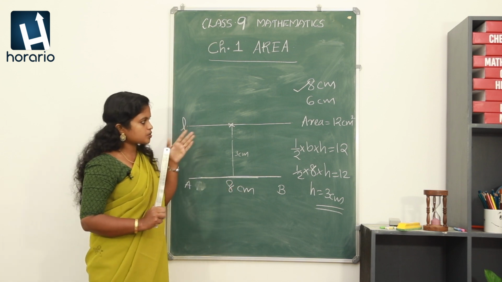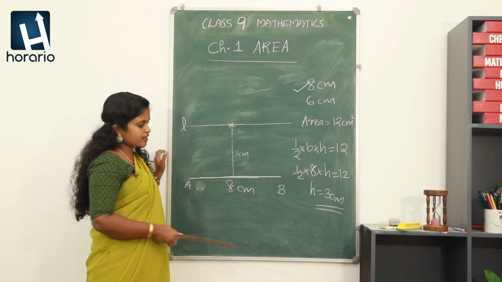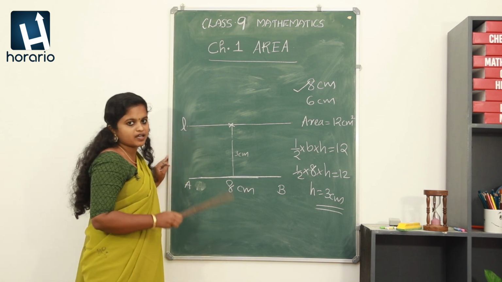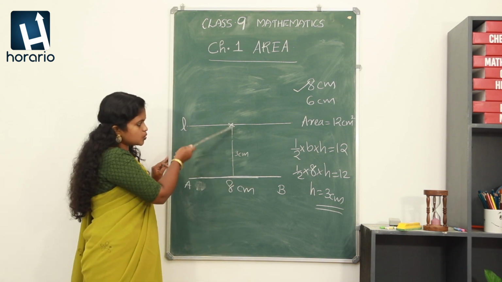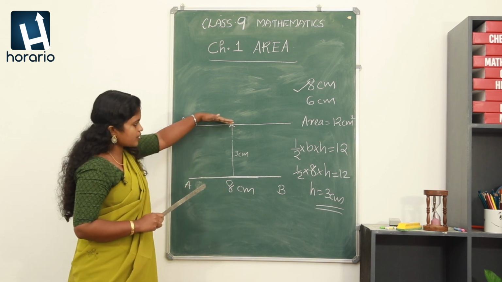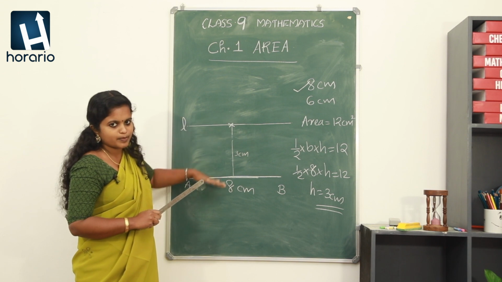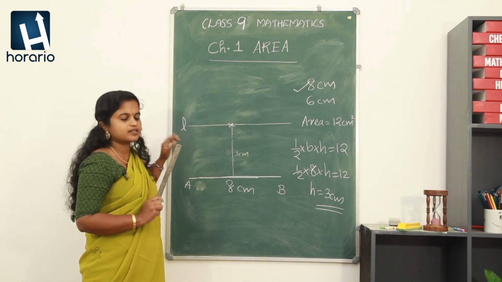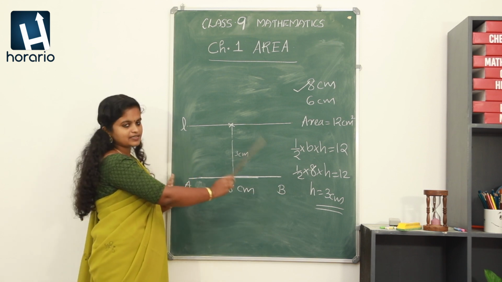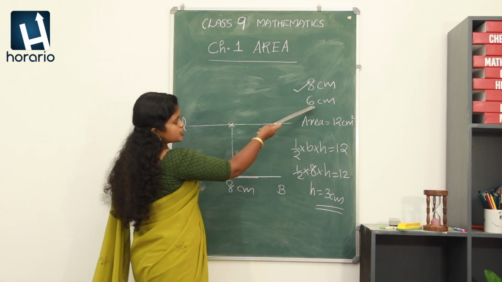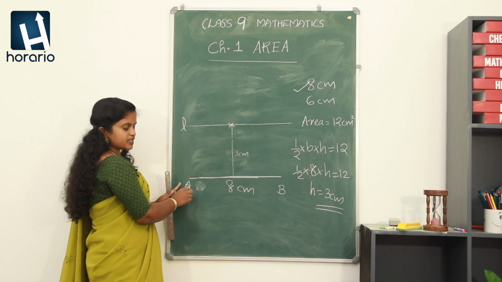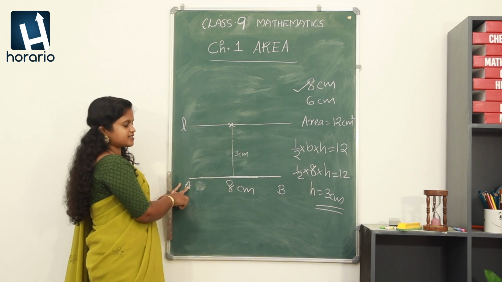So how can we draw that 6 centimeter? Remember, we should have the same area. So in order to keep the same area, the triangle should be in between these two parallel lines. Do you remember the concept that we have learned? Accordingly, we have to make the triangle in between the two parallels only. The third vertex can be anywhere on this line. We have fixed two vertices as A and B. So it should be measuring 6 centimeter. So from one of the vertices, we just need to draw 6 centimeter.